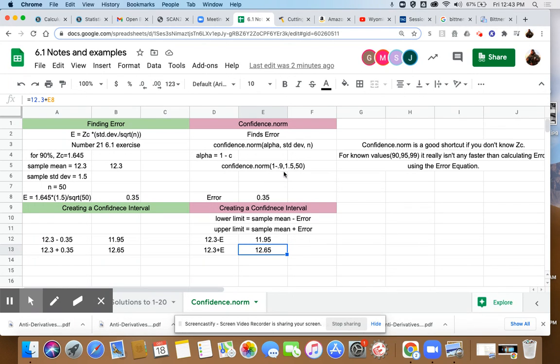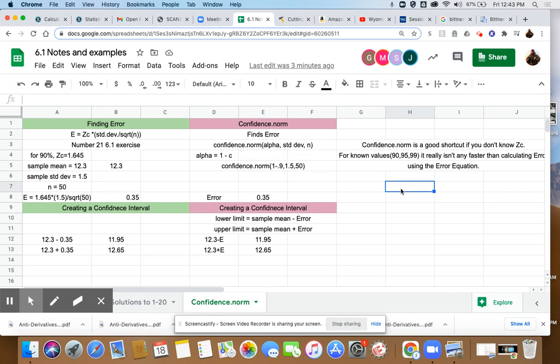So is this a shortcut? Well, for ZCs that we know, 90% is 1.645, 95% is 1.96, and 99% is 2.575, it's not really much of a shortcut. The error equation is pretty simple to input and then do your addition and subtraction. What is it really good for? Those questions where they ask for some goofy ZC value or some goofy confidence level. So if they asked you to do a confidence interval for 87%,